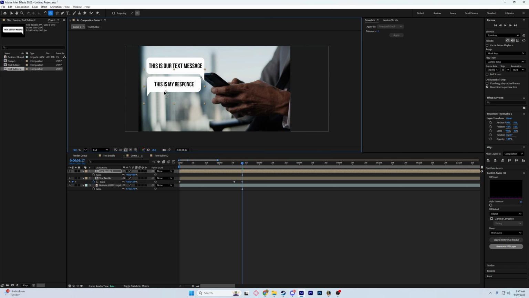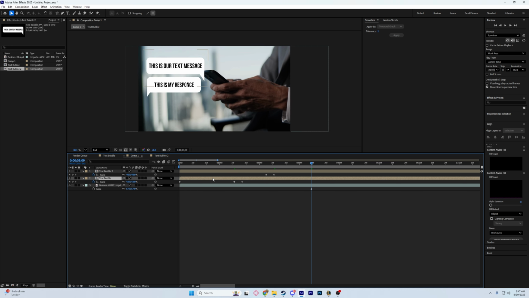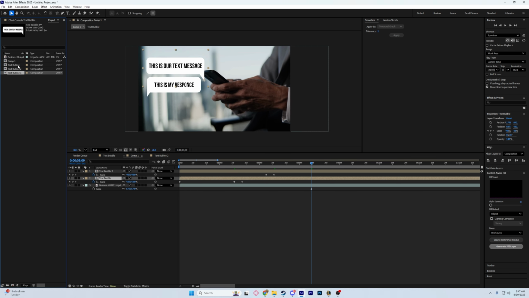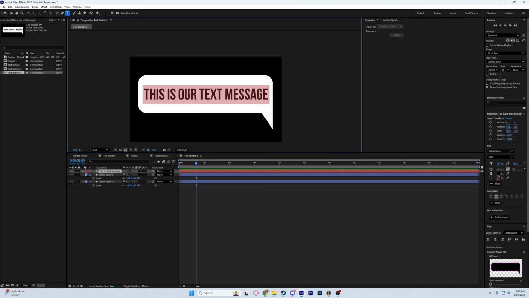Make sure you change your anchor point to the bottom of your triangle. Then highlight the two keyframes from the first text bubble, then select your second text bubble and paste them. Now we're going to duplicate the first one again, type out our response to that message,